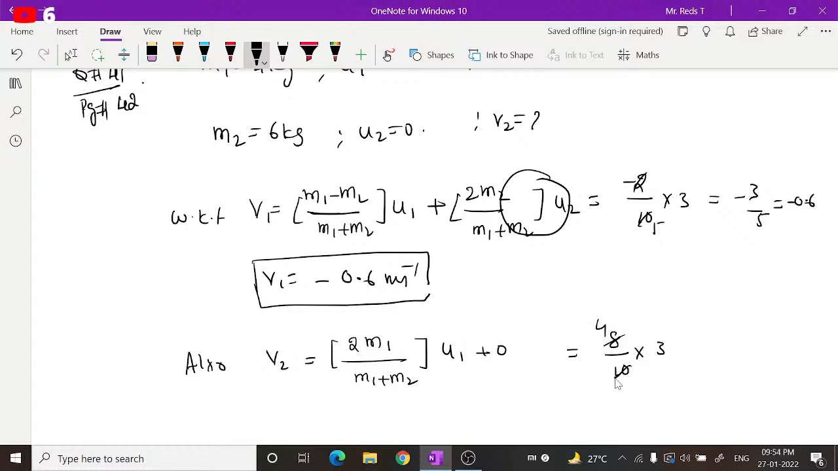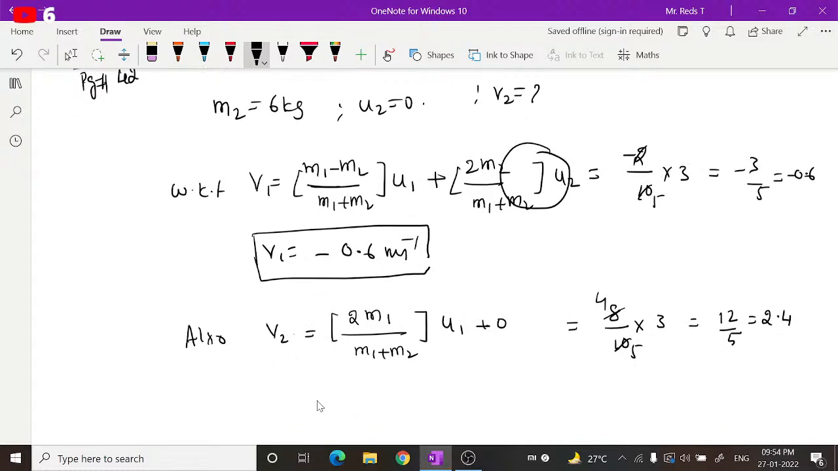So what will you get? 2 fours, 2 fives is equal to 12 by 5. 5 twos 10, 5 fours 20. So it is plus 2.4. Therefore V2 is equal to plus 2.4 meters per second. So you have to select the options appropriately as per this, minus 0.6 and plus 2.4. So option 3 is the right one. I hope it is clear for you guys. Next,